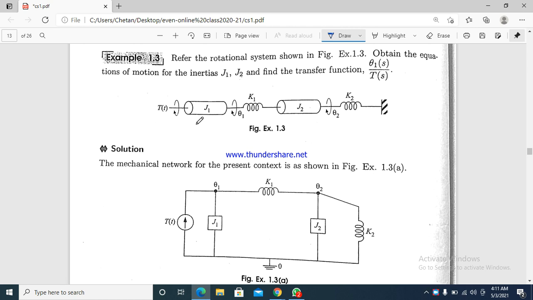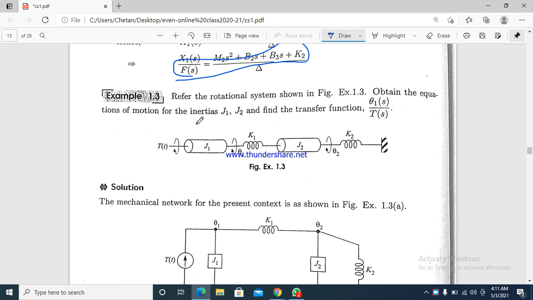Okay. In this problem we will discuss about mechanical rotational system. Here you can observe in mechanical translation system you have the mass m1 and you have spring as well as dashpot, and the force F of t, but in this mechanical rotational system you don't have any force F of t. Instead of this one you have the torque T of t, and in place of mass you have inertia J1.